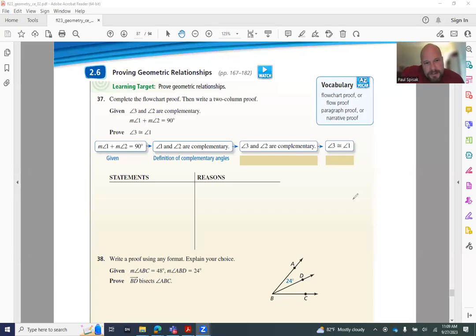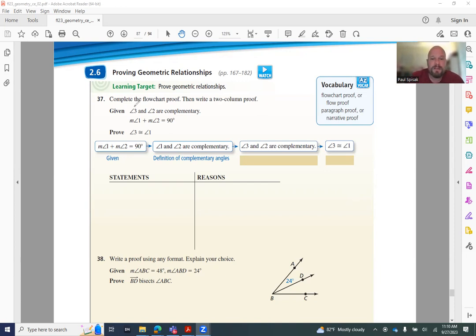All right, part 6. This is the last part of this review. So, proving geometric relationships. We just have 2 proofs in this part of the review. We had to complete the flowchart proof and then write it as a two column proof. So again, flowchart and 2 column. And then the last one, 38, you could use any format. I'll probably just use a 2 column because I think it's the easiest one and it's the one we use